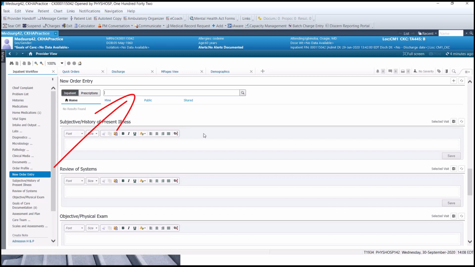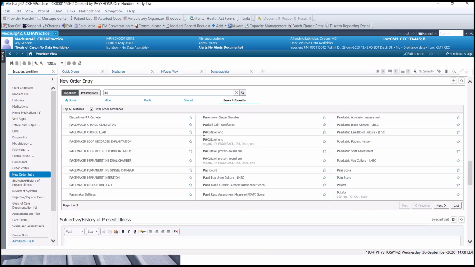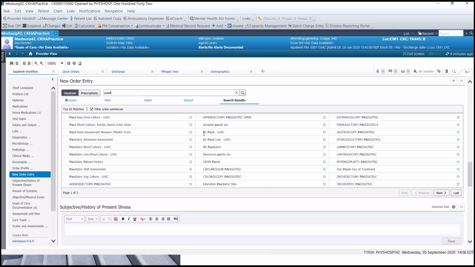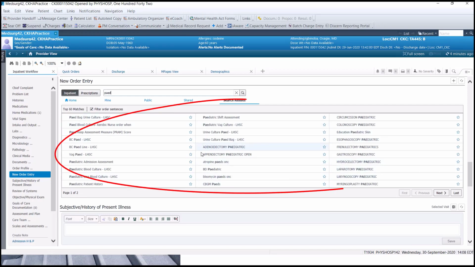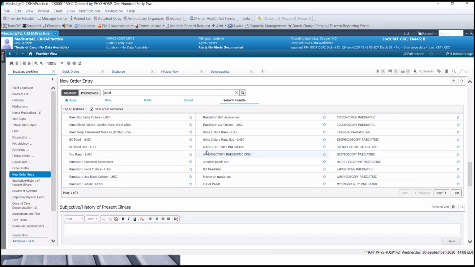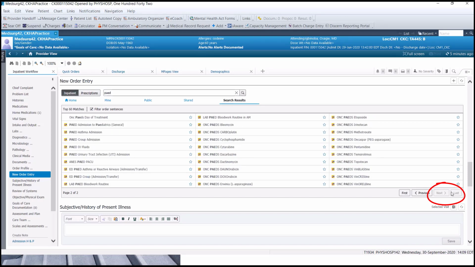I'm a pediatrician, so I'm partial to the pediatric order sets. So we'll enter a few letters that pertain to pediatrics, and we see that we have a large number of orders here, and a quick scan suggests that none of them are what I'm looking for, which would be some sort of pediatric order set. Now the trick here is that the order sets, for whatever reason, are always placed last in the selection list. So it's always good to push the last button, and we can see now quite a few pediatric